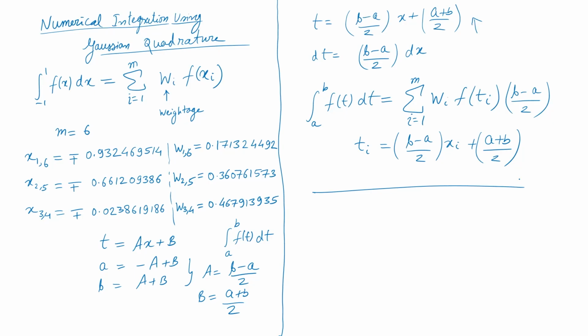But all this requires careful coding. So, if you feel it is intimidating for you, just go ahead with the simple rectangular rule. Take 200 points, 300 points, nobody cares because all the work will be done by the computer. So, maybe take 300 equally spaced points and just find out f(x) and do the integration and get the plots, fine.